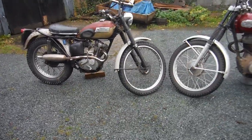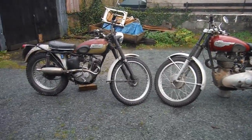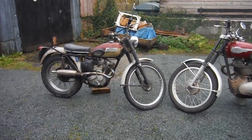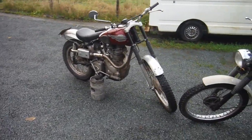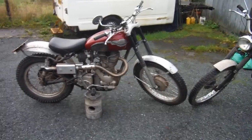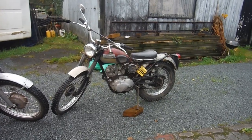But there we are, two old British iron thumpers, like I say, theoretically separated by about 10 years, 1955 there, and 1965 there, both very enjoyable. I like the pair of them, but both very different, and sometimes it feels like it would just be a matter of tossing a coin as to which one I go out on, or perhaps which one's nearest the door. But both great bikes, both great fun, and I'm so glad that I got both of them